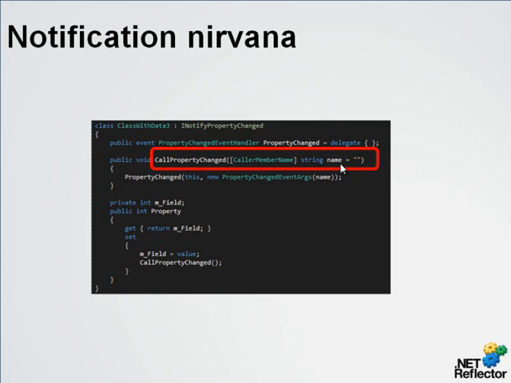function can take an optional argument, which we default here to be the empty string, that's annotated with this CallerMemberName attribute. This tells the compiler to actually replace our call's first argument with the name of the method in which the call is made. So the code we saw before is now completely simplified to this. At runtime, name will be assigned property and will get passed through the change callback mechanism